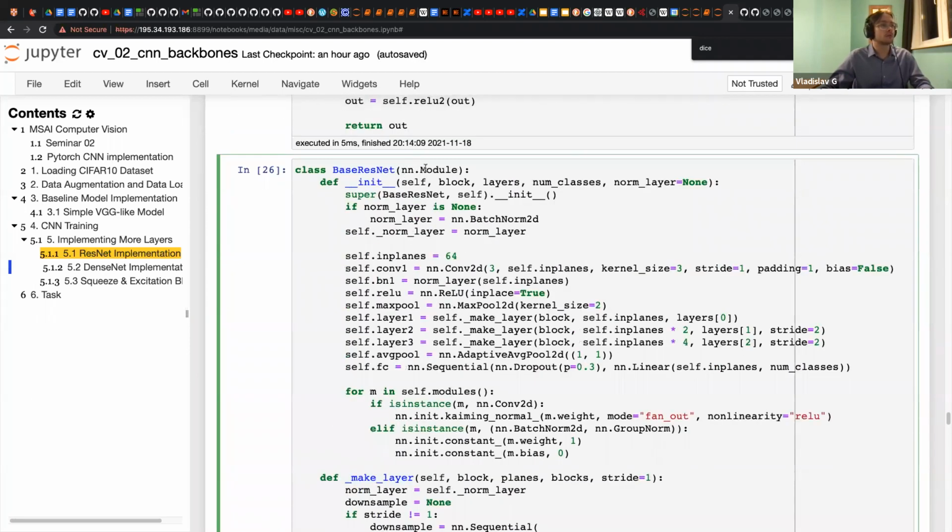For example, I usually inherit not from nn.Module, but from nn.Sequential.